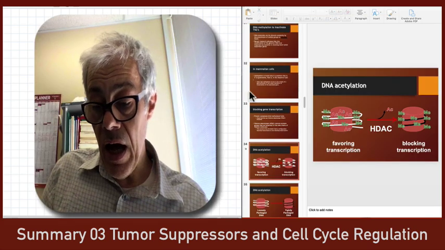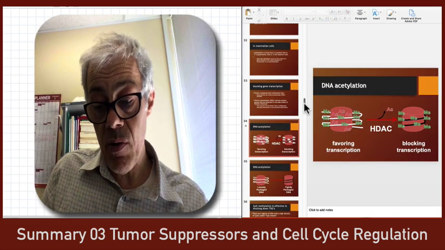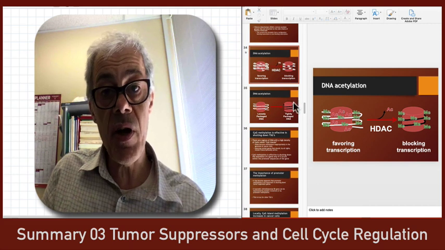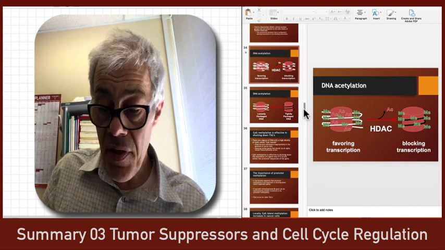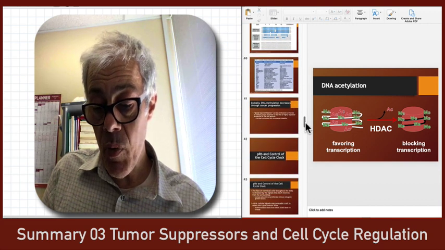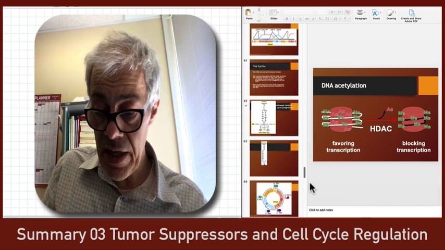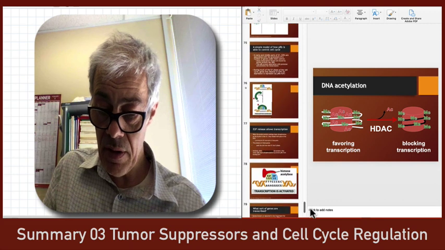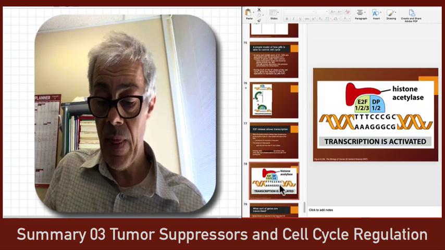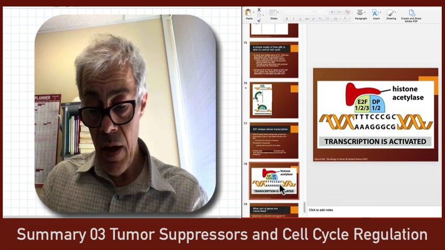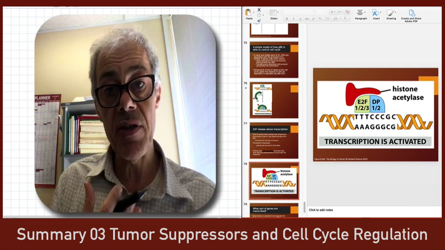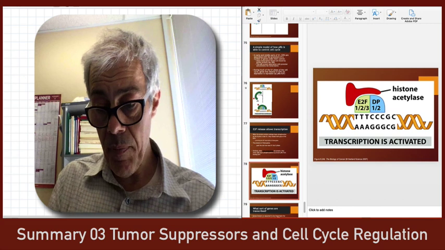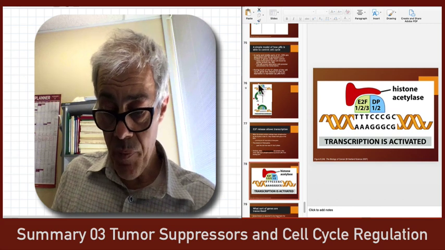Now, another thing that's interesting about this process: we've got a process of gene suppression through methylation. Another thing that's really interesting is that when they looked at retinoblastoma in more detail, I don't know if I've got a slide about this. Yes, here. So when they looked at how retinoblastoma functions, it turns out that